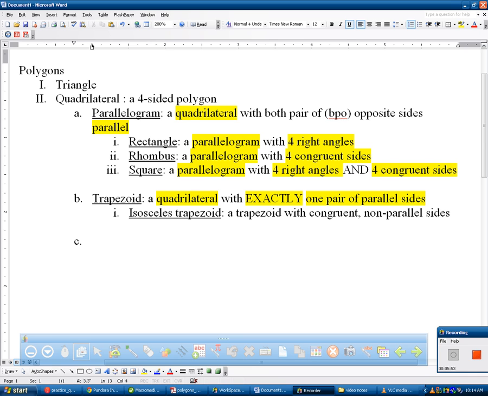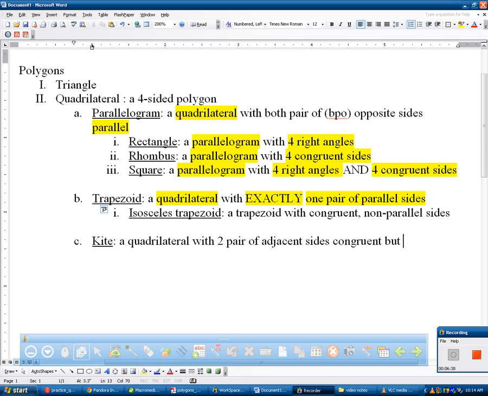So now what's the next division? Kites. K-I-T-E. This is a really, really stinky definition. What is it first? A quadrilateral. With exactly, well, how about this? Instead of saying exactly, you can say with. You can leave exactly in there. It doesn't matter. With two pair of adjacent sides congruent,